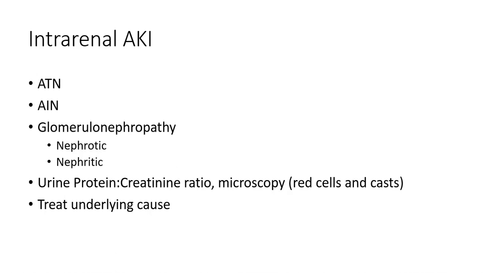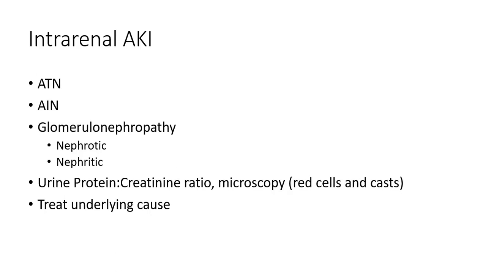Some examples of nephritic syndrome include things like ANCA-associated vasculitis, which causes a pauci-immune glomerulonephritis, anti-glomerular basement membrane or anti-GBM disease, and post-infectious glomerulonephritis. Diseases with overlapping features of both nephritic and nephrotic syndrome include things like membranous nephropathy, membranoproliferative glomerulonephritis, IgA nephropathy, and